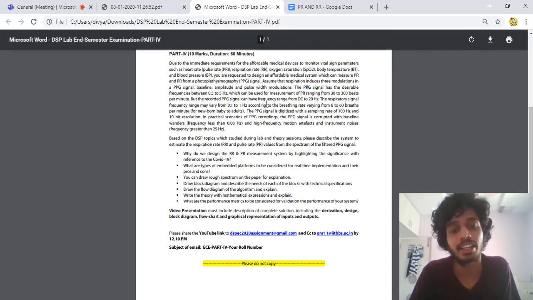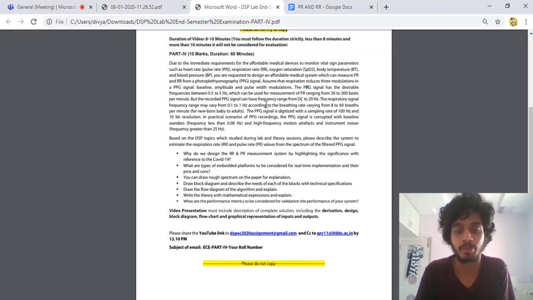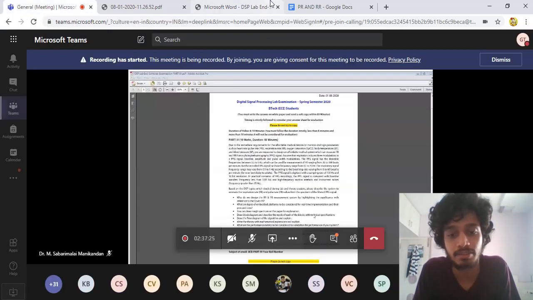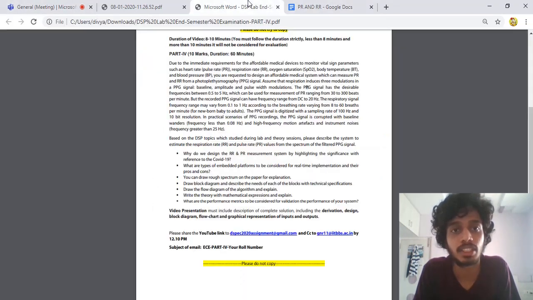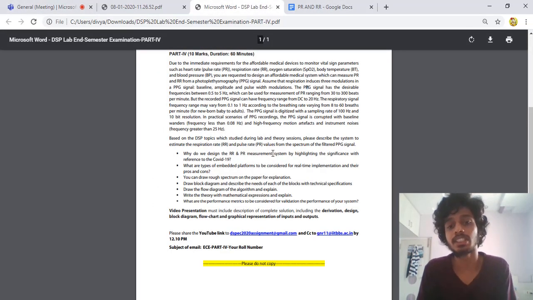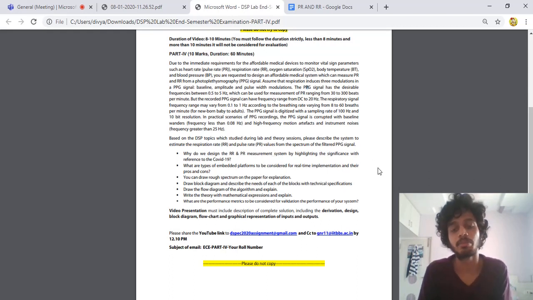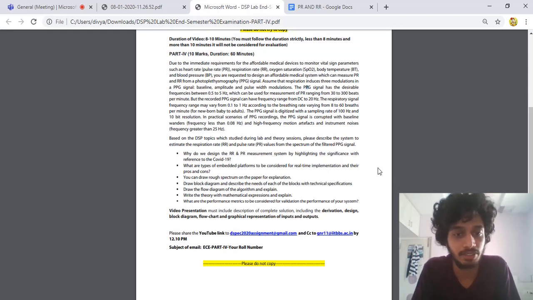We can record the PPG signal using a PPG sensor. A PPG sensor is an inexpensive and uncomplicated instrument. That is the very advantage of the PPG sensor, but it comes at a cost. The disadvantage of the PPG sensor is that it is highly prone to noises. But thanks to our digital signal processing techniques, we can remove various noises using a number of techniques, a few of which we'll be discussing in this video.